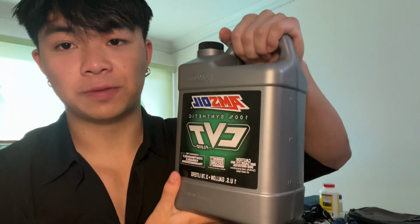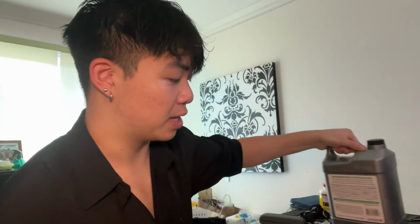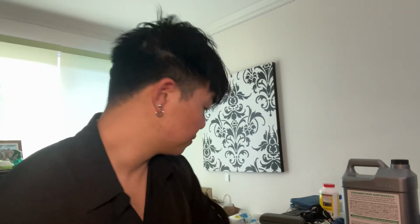Hey everyone, this is Mugen FK7, and today I'll be finally fixing the CVT slippage that's on my car. What do I have to fix it? I have the AMSoil 100% synthetic CVT fluid. So basically, this is going to help me handle the power a little bit better. This was recommended by many users on Civic X, many of you guys, as well as Derek Robinson, who is my tuner. And next, I also have